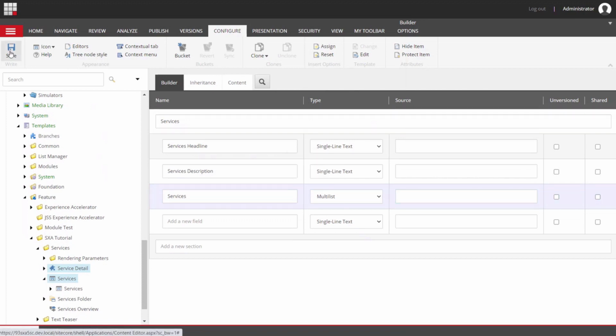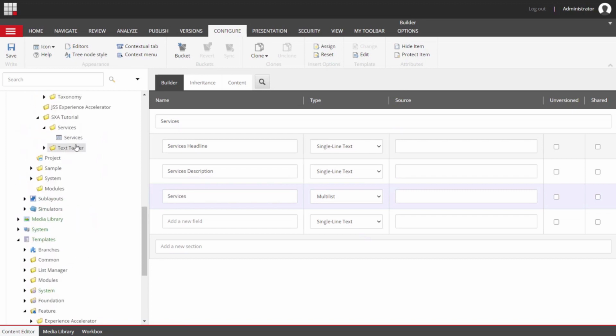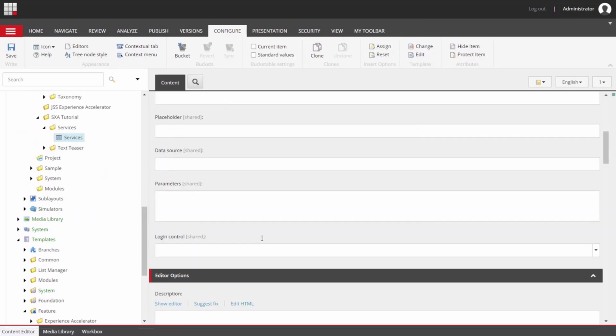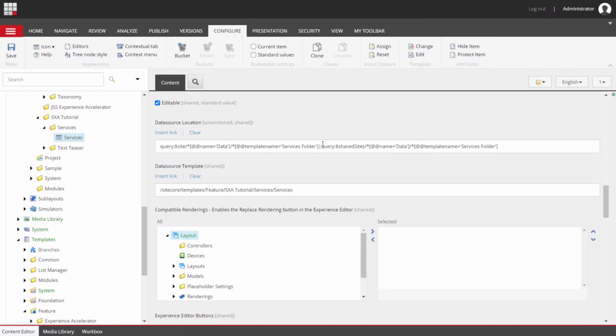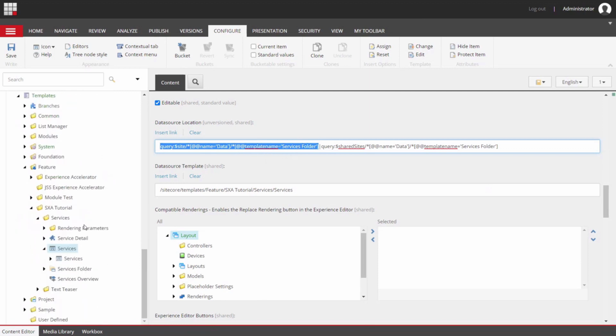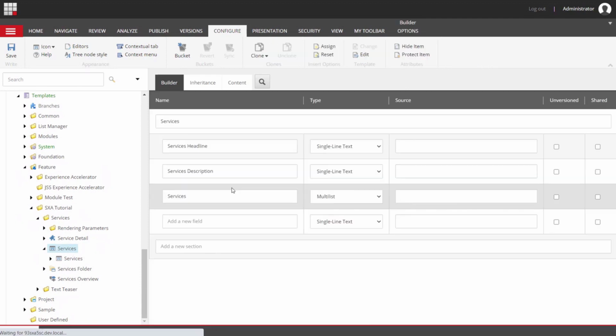At least it stores the items by ID, right? Yeah, and also the multi-list we should now limit to just our certain page templates. So if you don't know the exact query that you need to write here, you can also always go back to your rendering and copy one of the queries stated here and change the template name later on. So let's just copy it here into the template